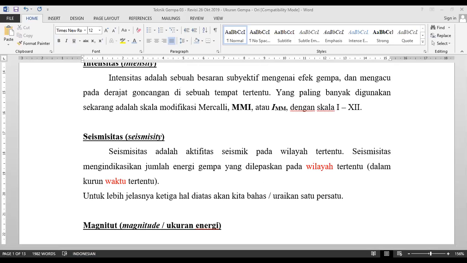Magnitude and intensity are both related to the size of an earthquake, but they each measure different aspects. Magnitude, which measures the energy released at the source of the earthquake rupture,